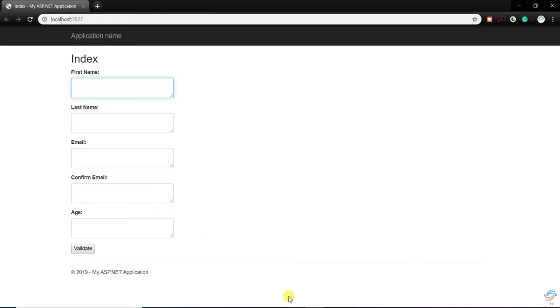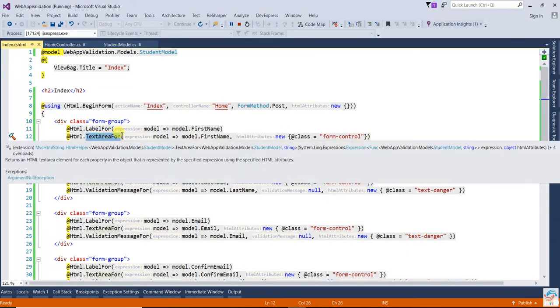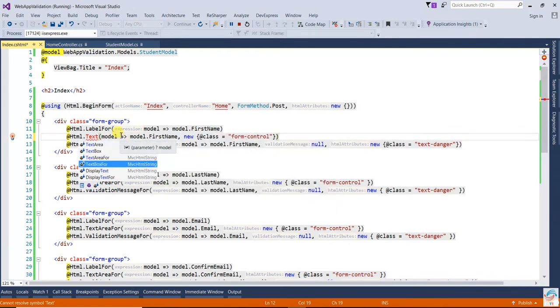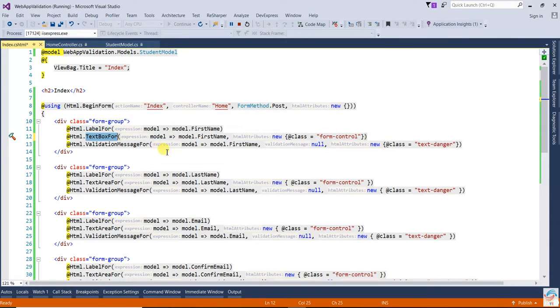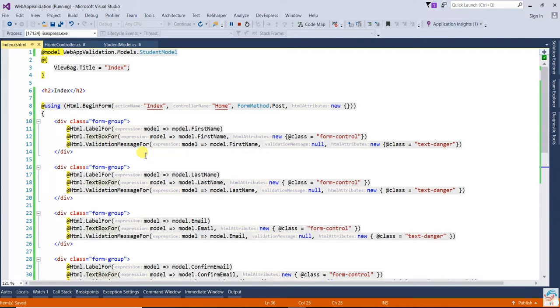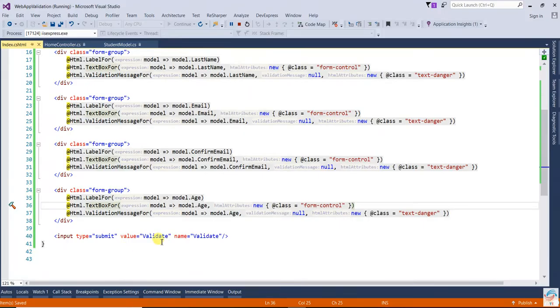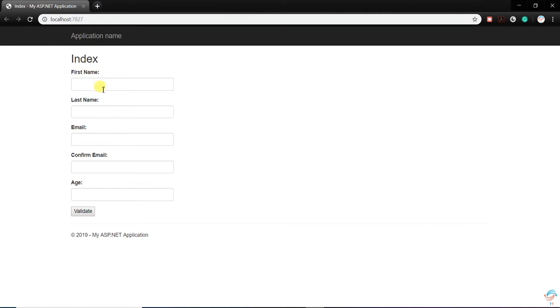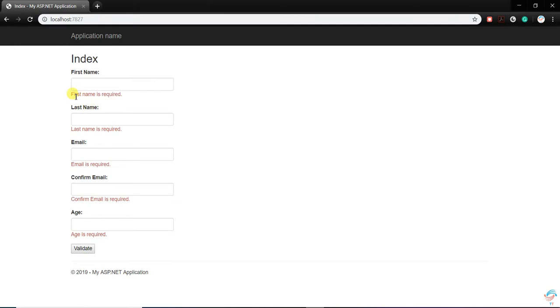I think this is a text area, change it to TextBoxFor. Change to TextBoxFor. Now refresh. Okay, now it's a text box. Now click on validate. Now you can see that you are getting that error